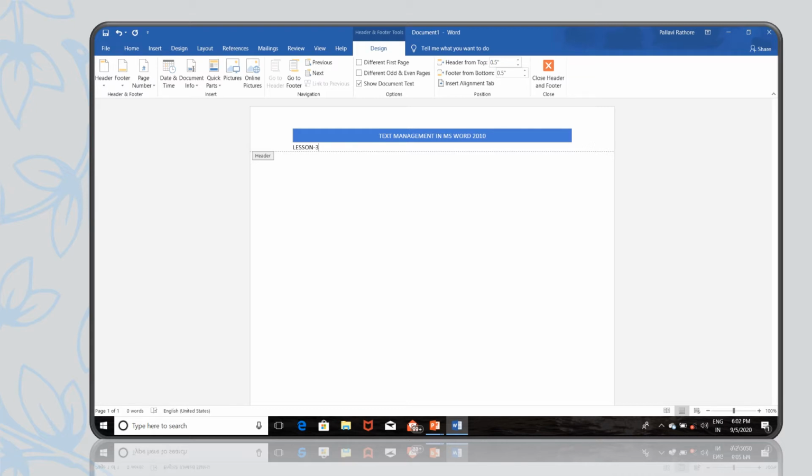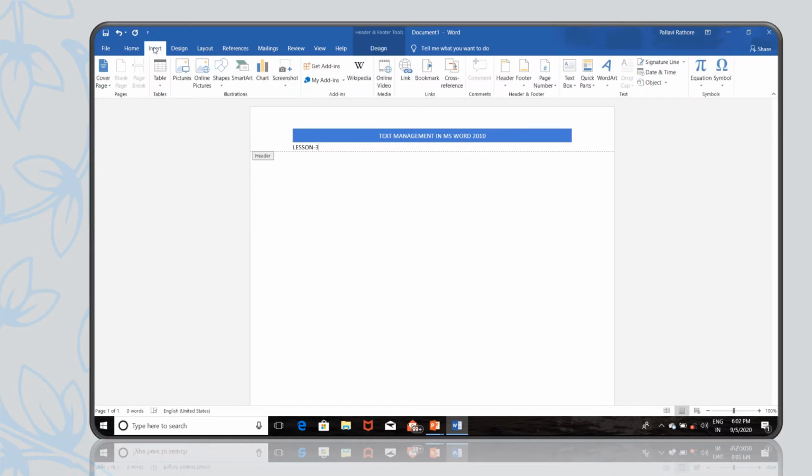In our textbook, we see on the top of the page the lesson number and lesson name that is mentioned. So what is that? That is a header. Along with this text, we can also insert images if we want. So this is a header. Similarly, if we want to insert a footer to a document, to do so, again we